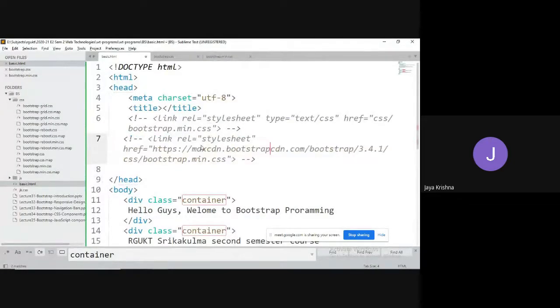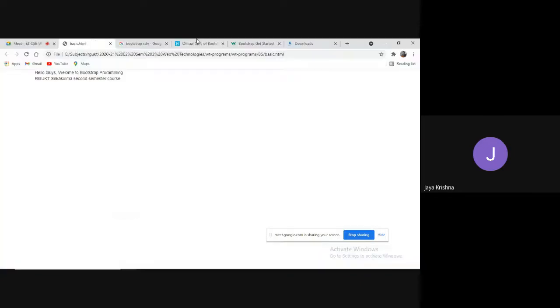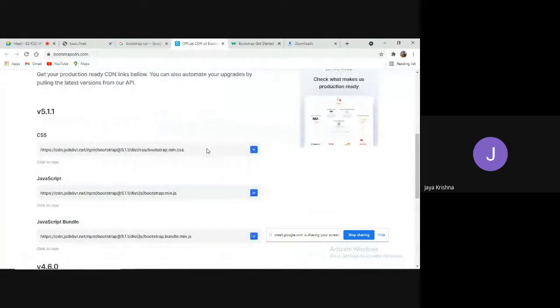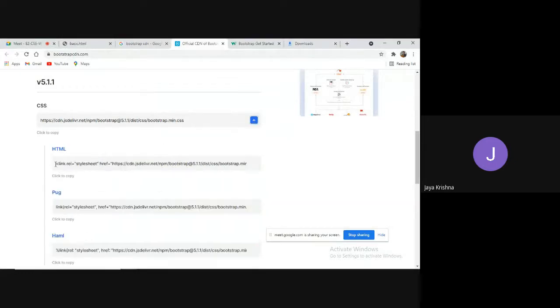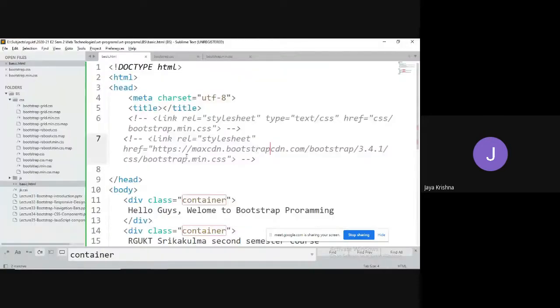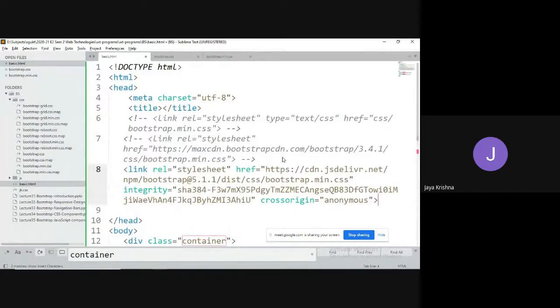Or else we can go with Google CDN. Here you can observe the CDN for this one, JS delivery. You can copy this one, Control C, and paste here.